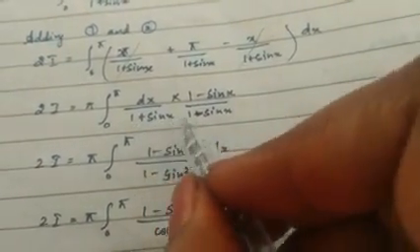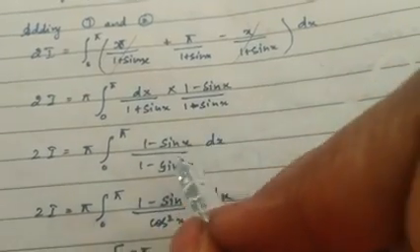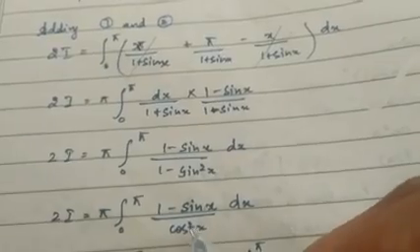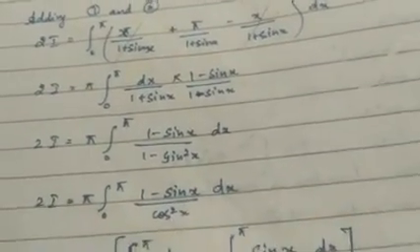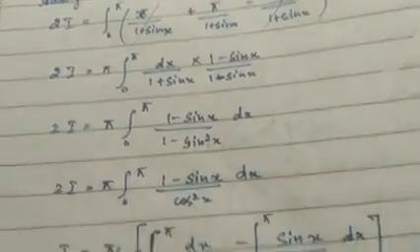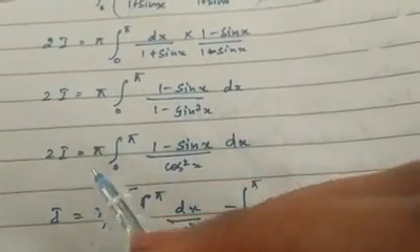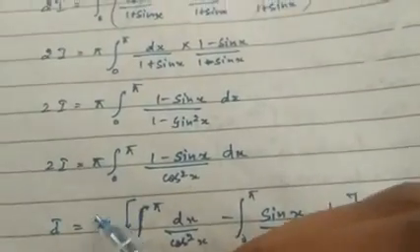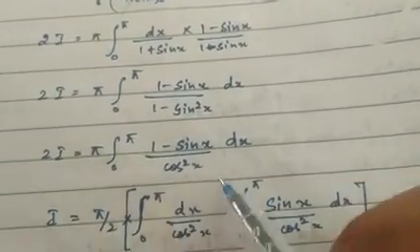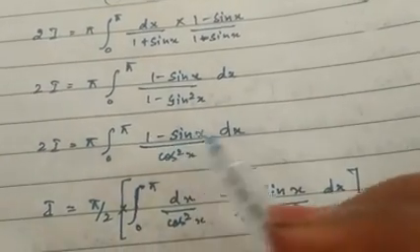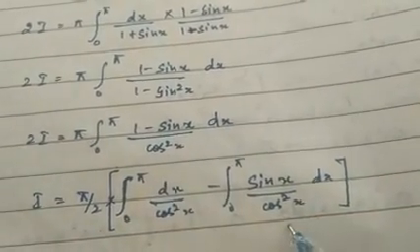Here it is 1 minus sin squared x. 1 minus sin squared x is nothing but cos squared x. So, what you can do here, you should not take t to be cos x, so you won't get dt to be sin x. There is 1 minus sin x there. Therefore, you can apply the splitting method. So, split it. Therefore, 2I equal to, here we have brought 2 to this side, therefore I equal to pi by 2. Pi by 2 is common for both the integrals. Integral 0 to pi dx divided by cos squared x minus sin x dx divided by cos squared x.